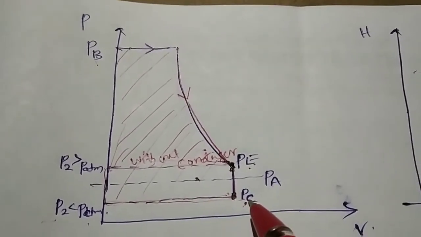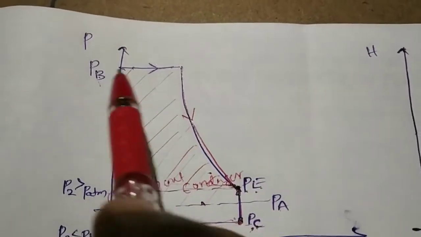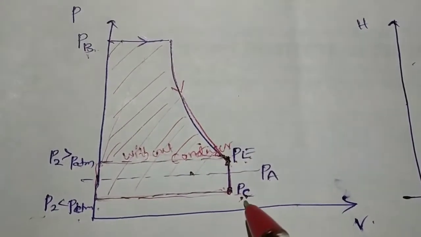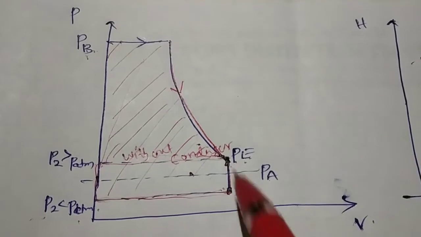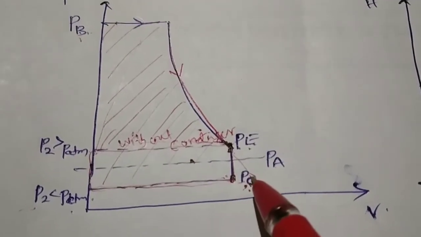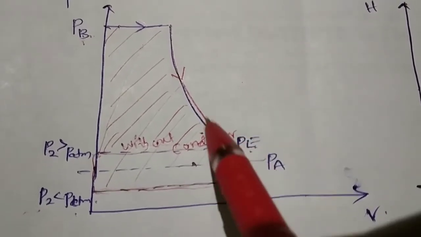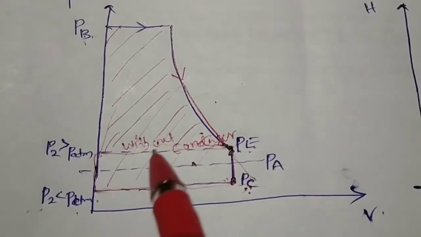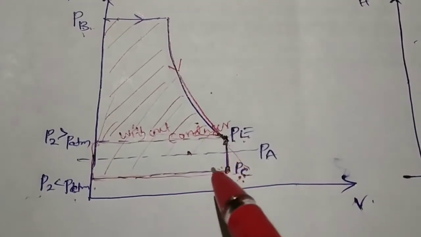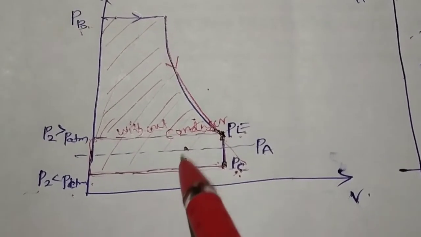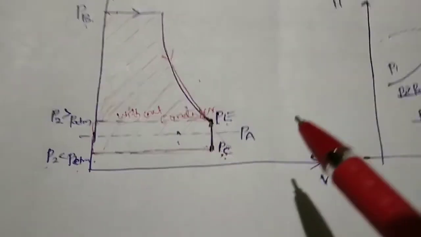Another one is the pressure ratio. What is the pressure ratio? The ratio of the exit pressure to the inlet pressure is called the pressure ratio. In the first case it is PE by PB, and in the next it is PC by PB, which is higher. Here the pressure is more decreased, therefore a higher pressure ratio is produced in the case of condensation. That is the second point, and the first point is that the amount of work done is more. The third point is that the fuel consumption is less to produce the work, by using this condensation process.